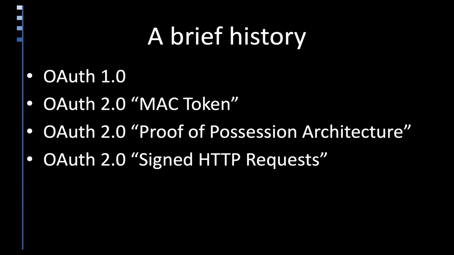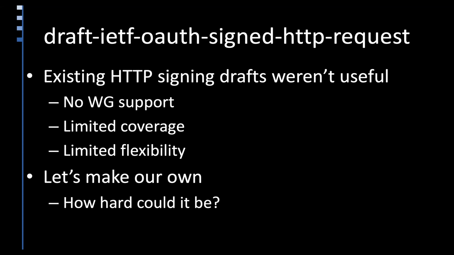A few years later, the OAuth working group came up with the proof of possession architecture, which was going to be a more sweeping, grand approach to key distribution and binding to requests and key presentation and all of this other stuff in a grand generic way inside of the OAuth 2 framework. And part of that work was going to be how to sign an HTTP request. That led to a draft that I proposed and edited for a while called